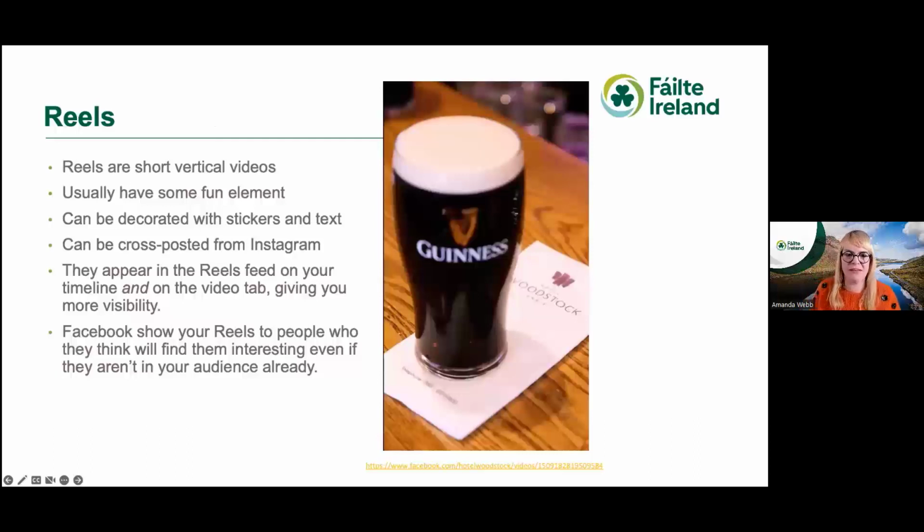Just like your stories, you can decorate them with stickers and text. And just like stories, you can cross-post them to Instagram, so you don't have to do a whole lot of downloading and uploading. The real bonus of Reels is Reels can help you reach beyond your existing audience, because they're